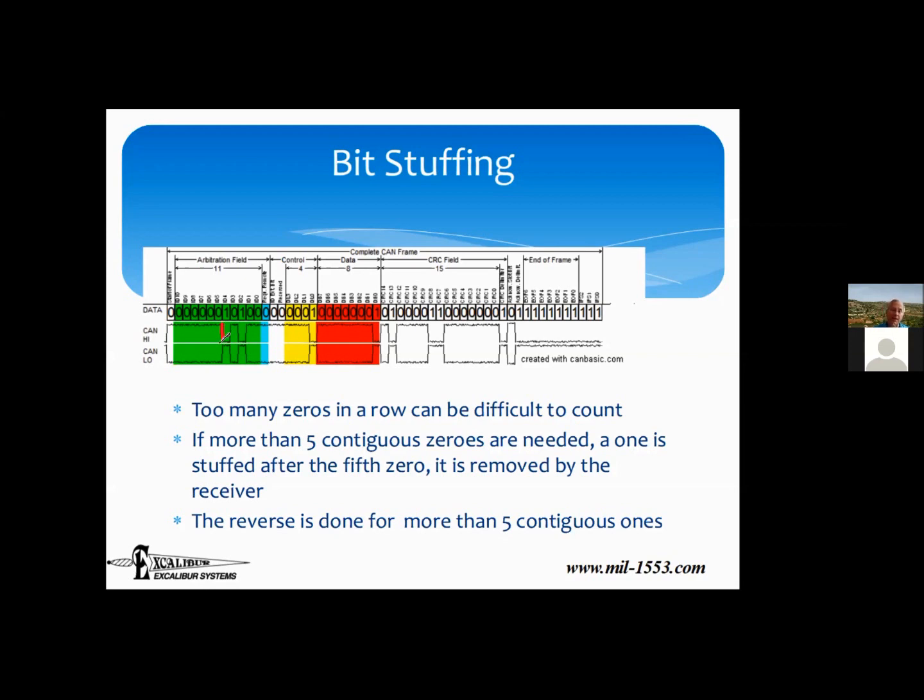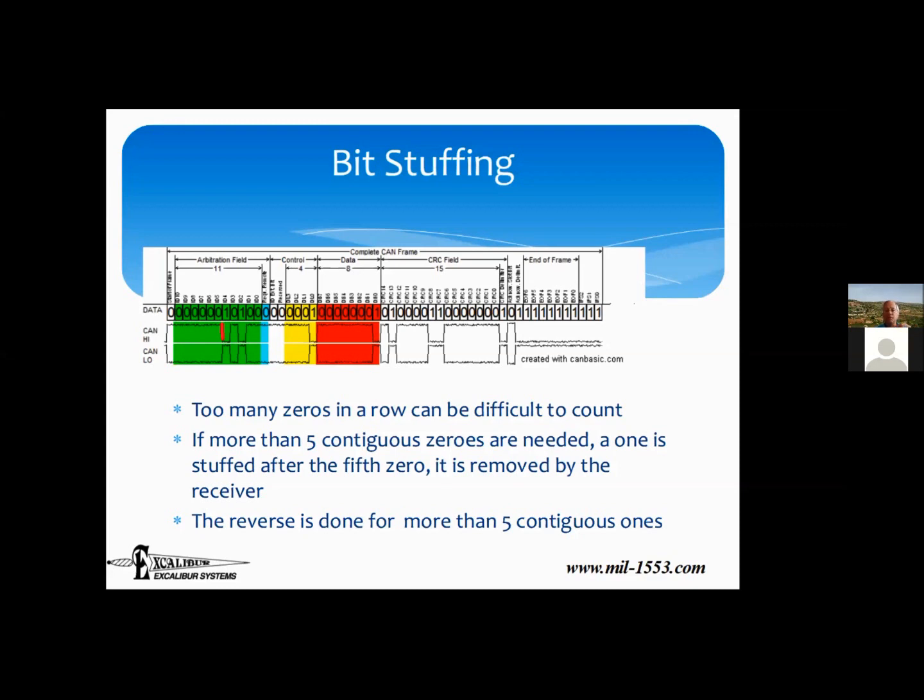So if my oscillator has been off by a little bit, and first I was on target, both of us knew it was the beginning, and then you thought that it was a little bit in, and I thought that I'm a little bit more in, I lose track of where is the beginning of each bit. But once I change something, then I snap back and I know, okay, now I know I'm between bits. So what CAN bus decided is that if you got more than 5 contiguous bits that are the same,